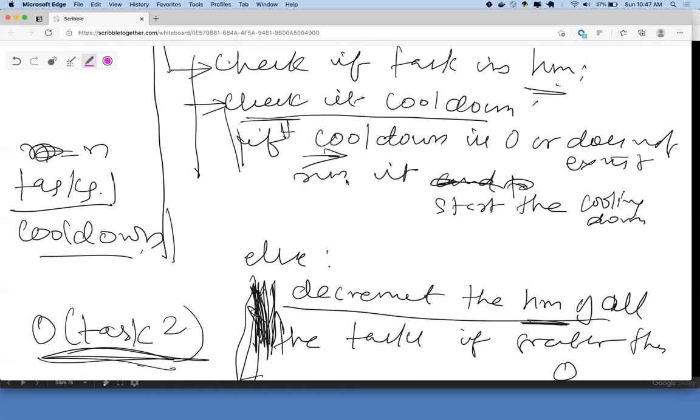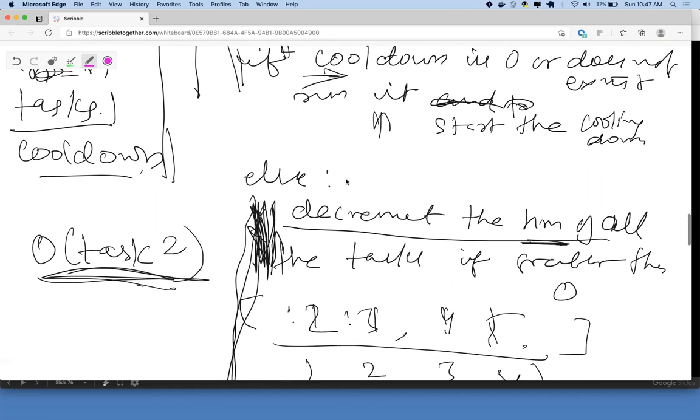If it has cooled down, or if it is not even present in the hash map, you run it, start it, and put it in the hash map. Now this is what our main problem was, right? Decrementing the hash map for all. So instead of decrementing it for all, all I'm doing is changing the timestamp of the last run of the current task. That's all.